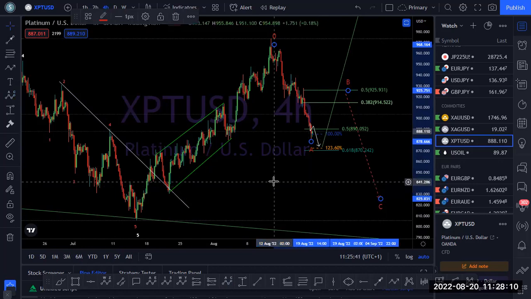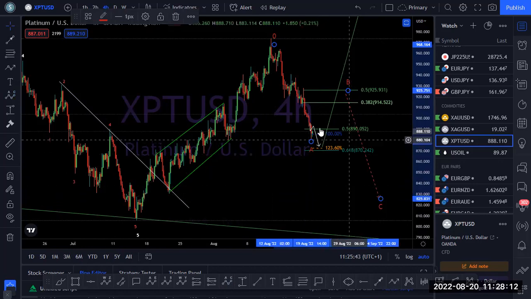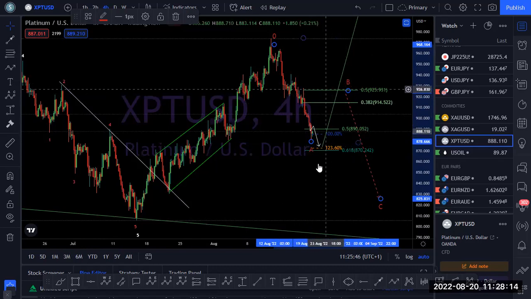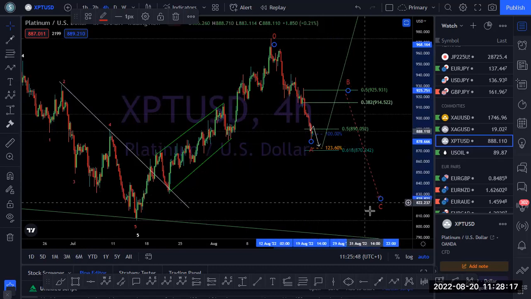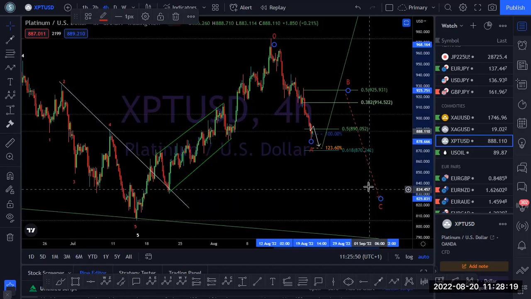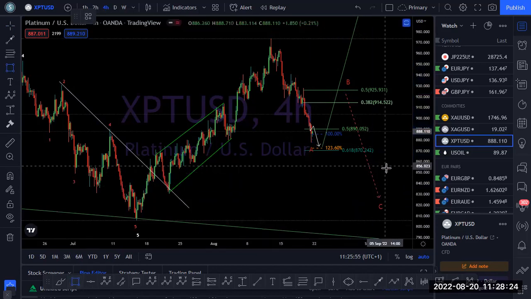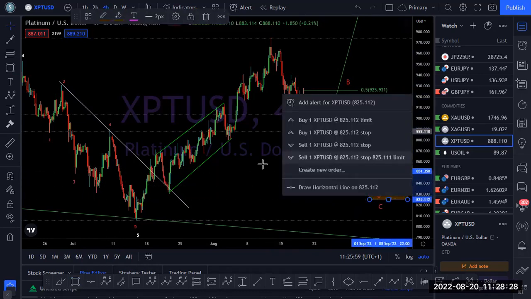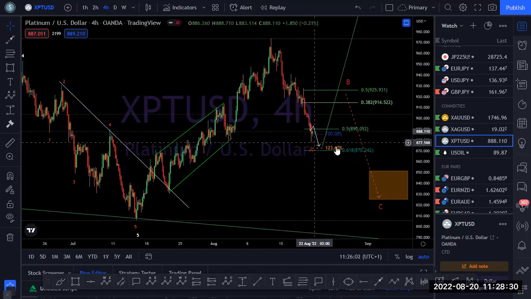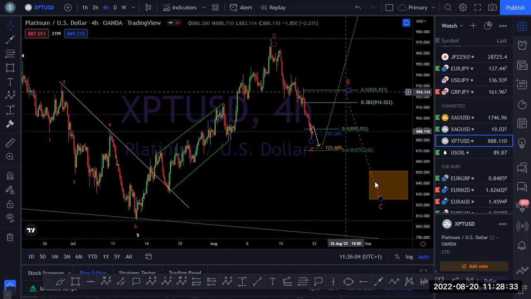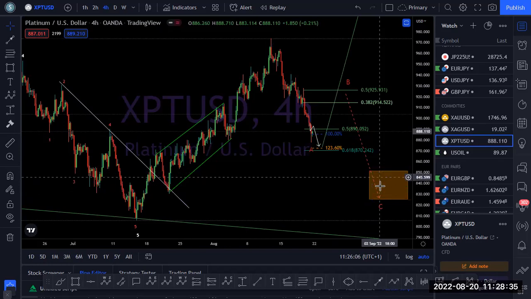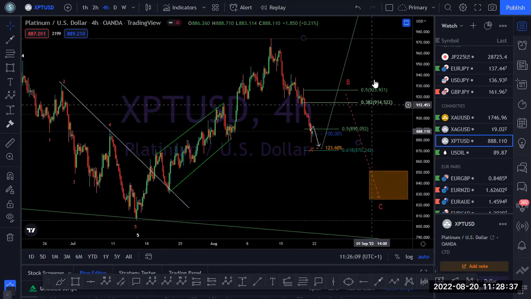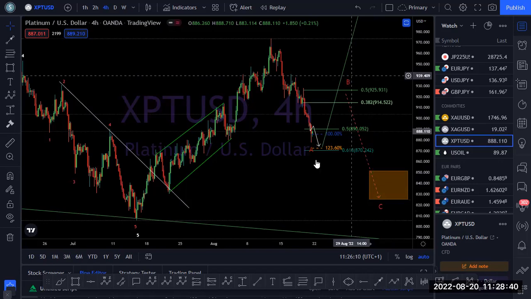So I'm not expecting a new low, but we might get a big correction, which will be an ABC, around 810, 820, 830, 840, or 850. So if platinum fails to reverse from this place, then we might get a correction and lower again between 850 and 820 before it finally begins to go up. Okay, US oil.